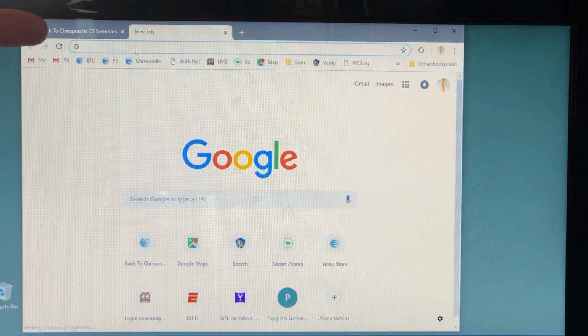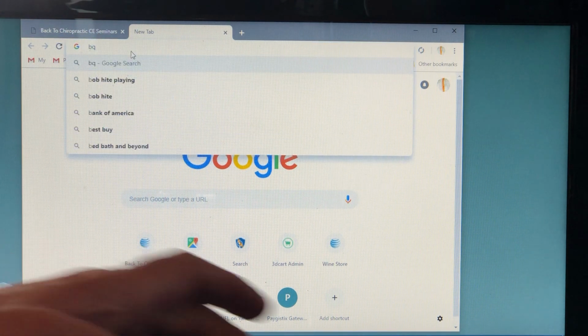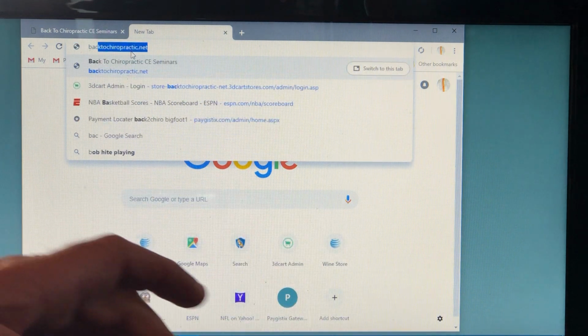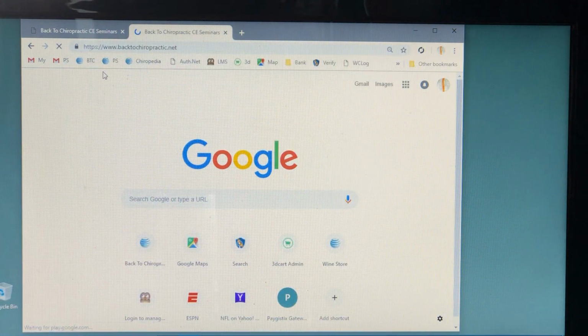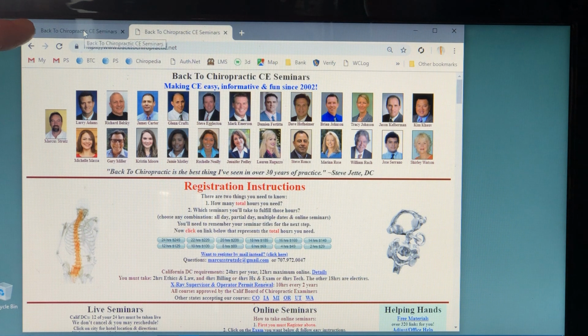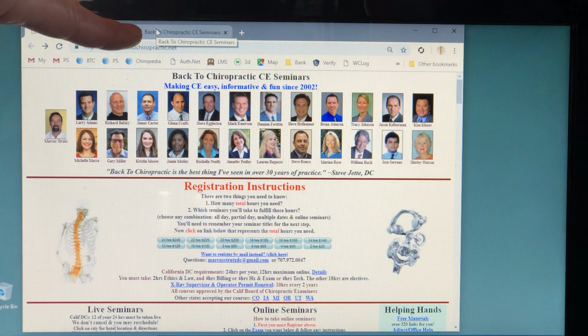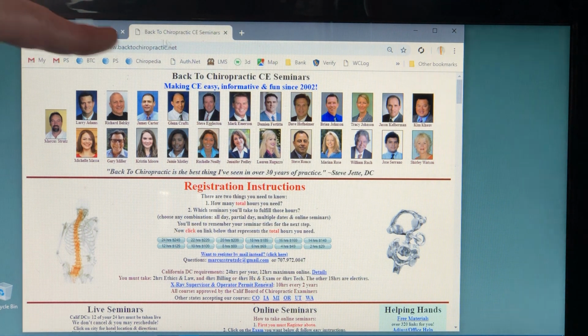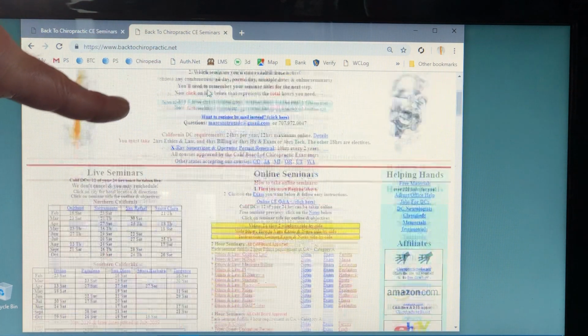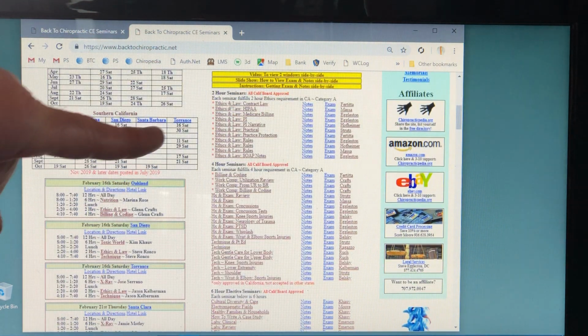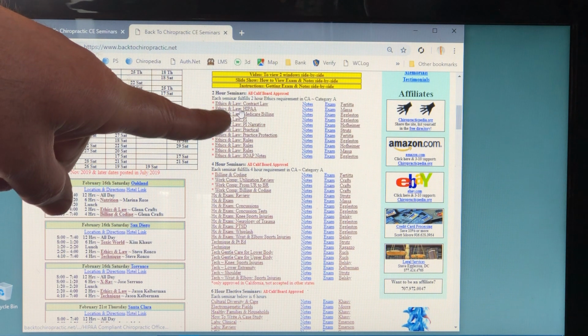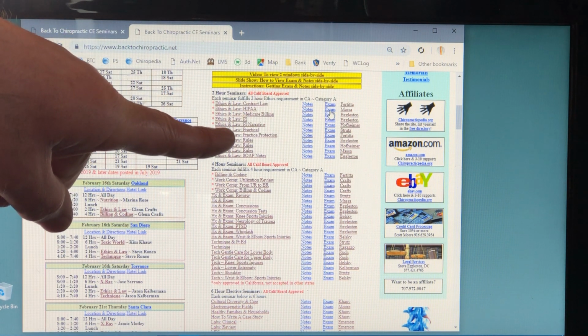So let's type here in this search bar, Back to Chiropractic, because we're going to go back to the website. And it'll come up here. Now I have on the left tab the website open, and on the right side the other tab open. Let's go on this tab here, and we'll scroll down and see what course we want to take. Let's just say for argument's sake, we're going to take Ethics and Law HIPAA. So I'm going to click on the exam,